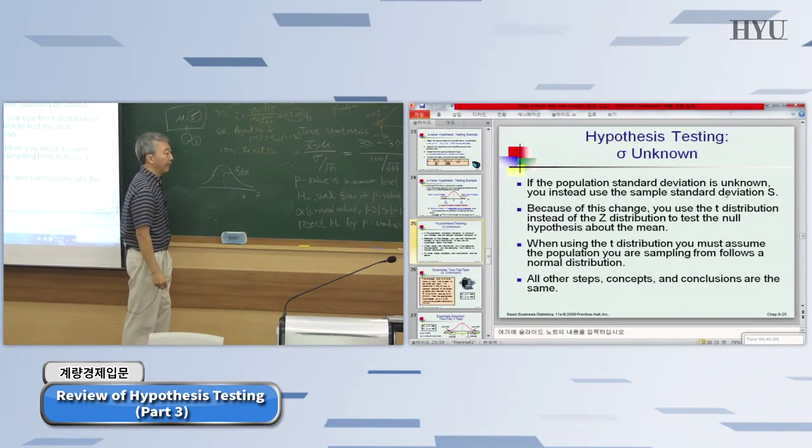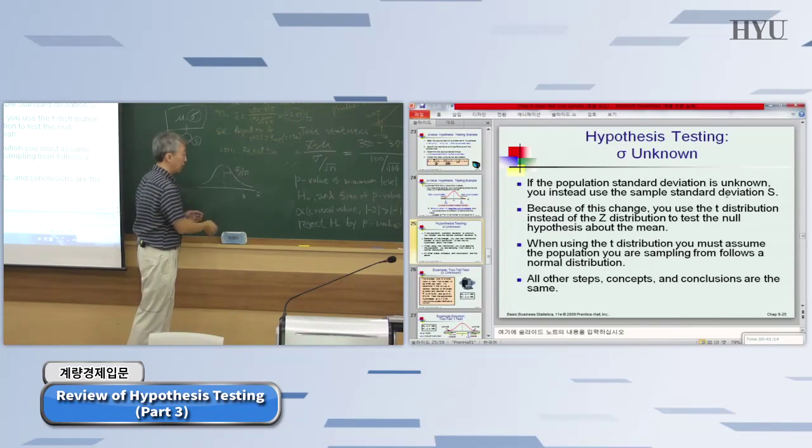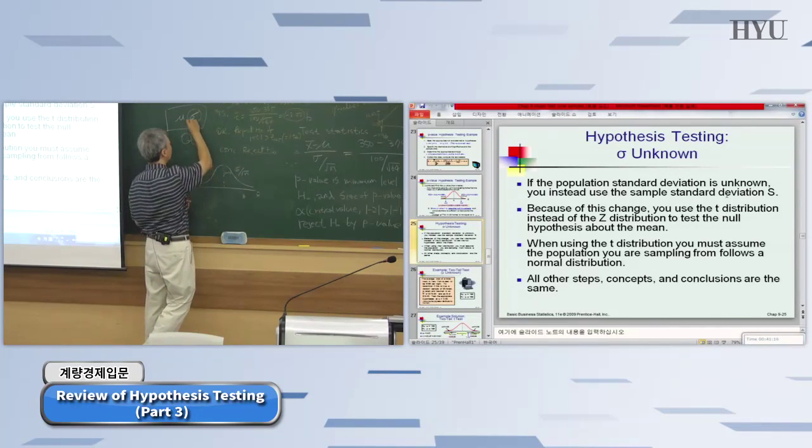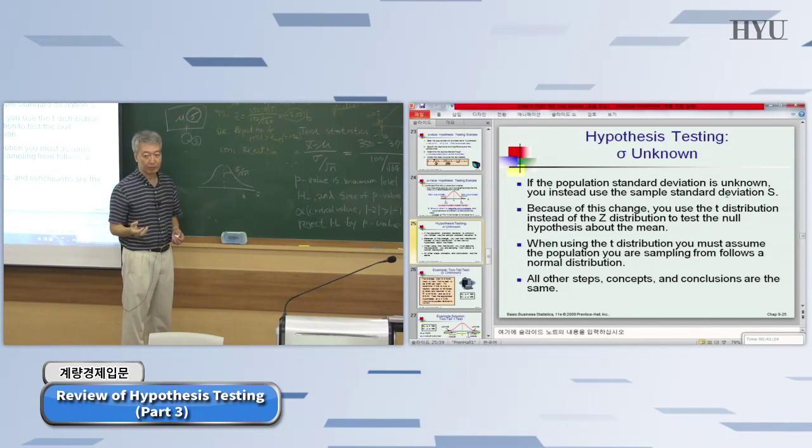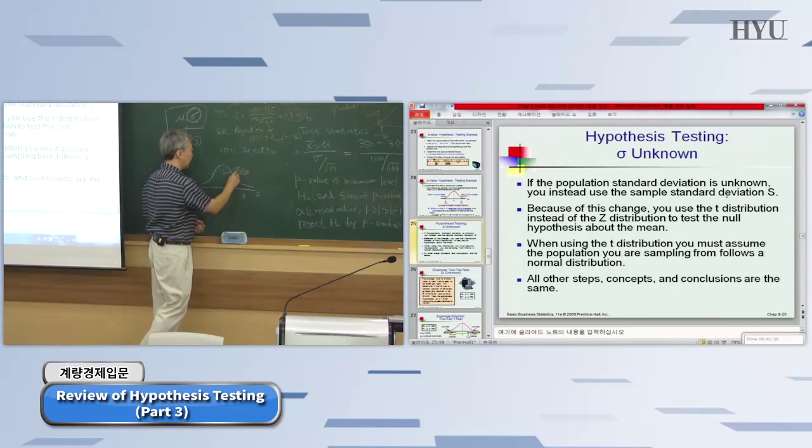Then what you have to understand here is this introduces a little bit more variability to the sampling distribution, because if sigma is known, there's only one fixed value, like the previous example, where the population standard deviation is 100. But if you have to use the sample standard deviation,